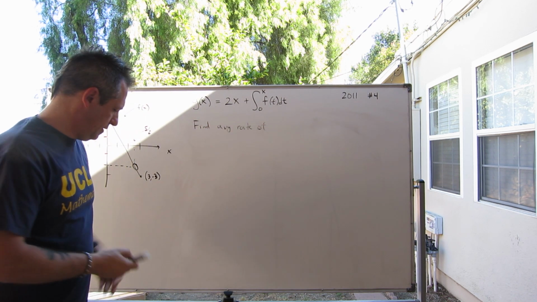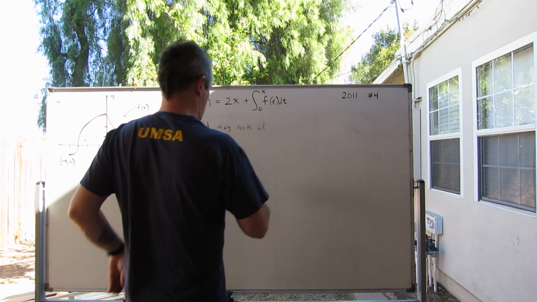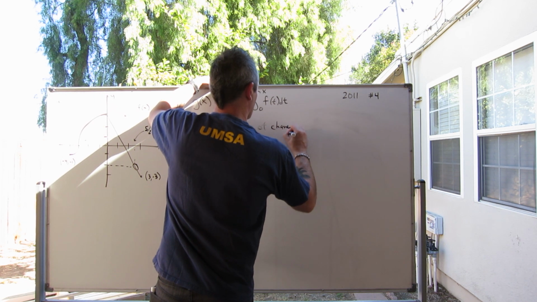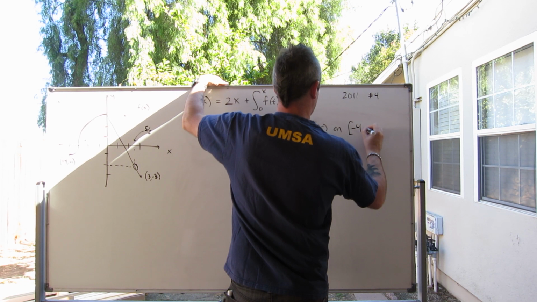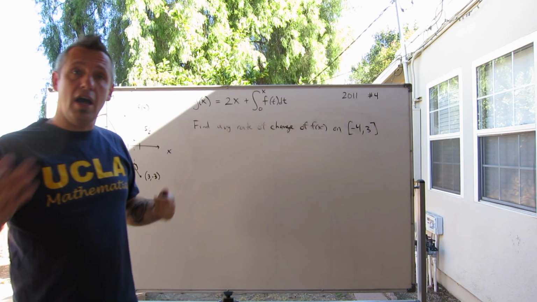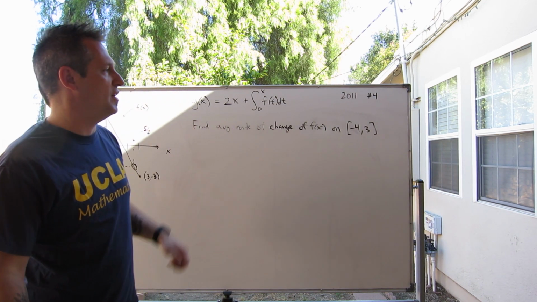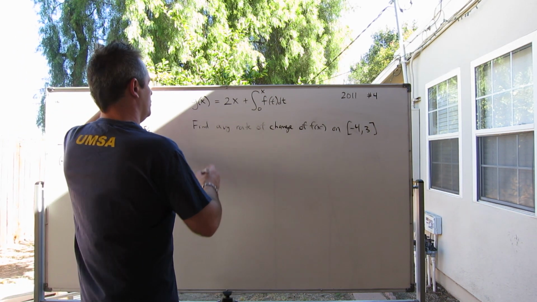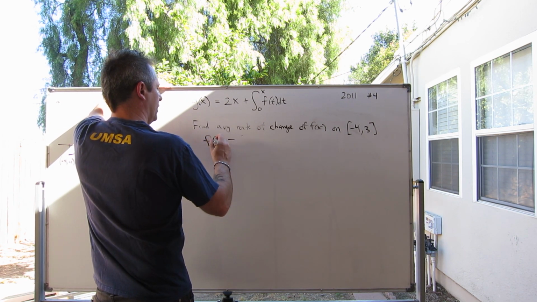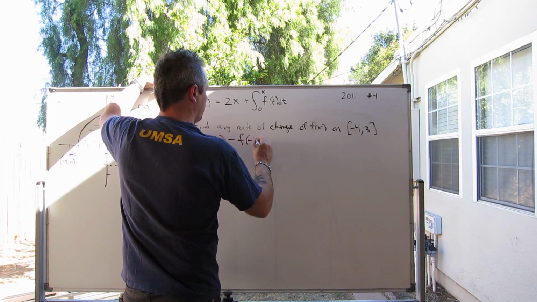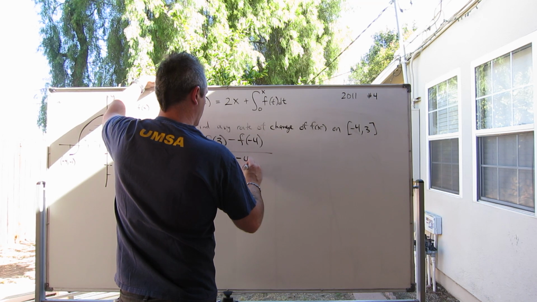This marker is dead. Find the average rate of change of f on the interval -4 to 3. So not to be confused with the average value of a function, which is what I said originally, but a very common mistake. We just want the average rate of change. So that's easy. The average rate of change is literally just going to be f of 3 minus f of -4